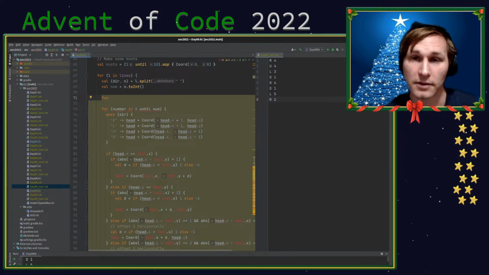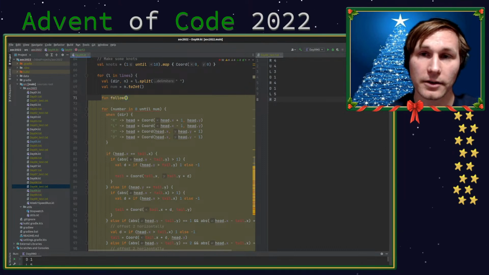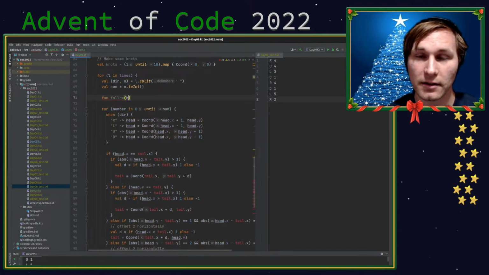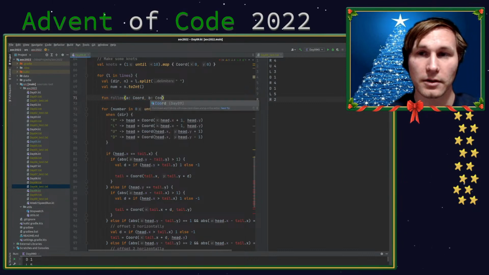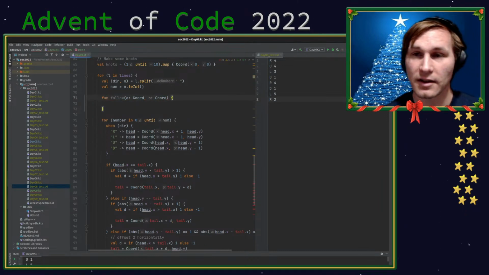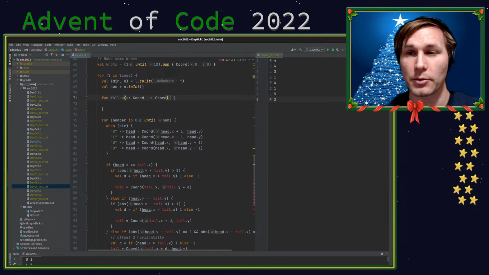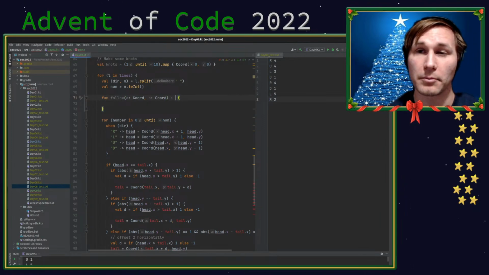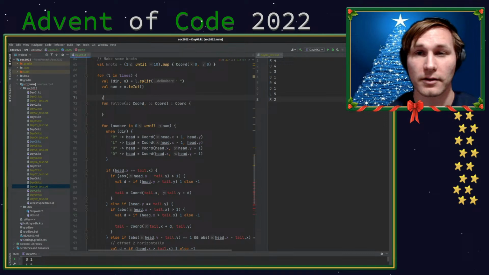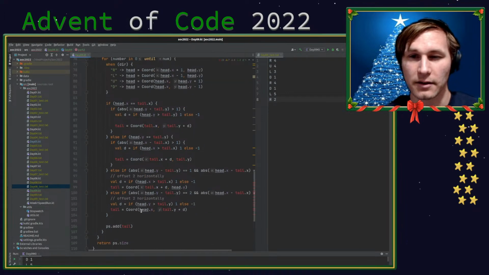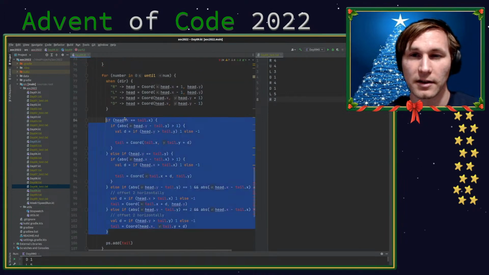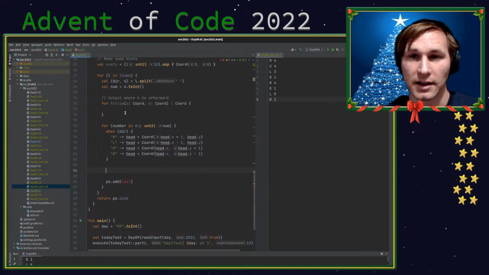What do I want to do? I want to call it follow, and I'm going to pass in, I'm just going to say head. I'm just going to say A and B. B chord. And then what I'm going to do is the output is just where B is. So output where B is afterward. Okay. And so then we can go in and just grab all of this,